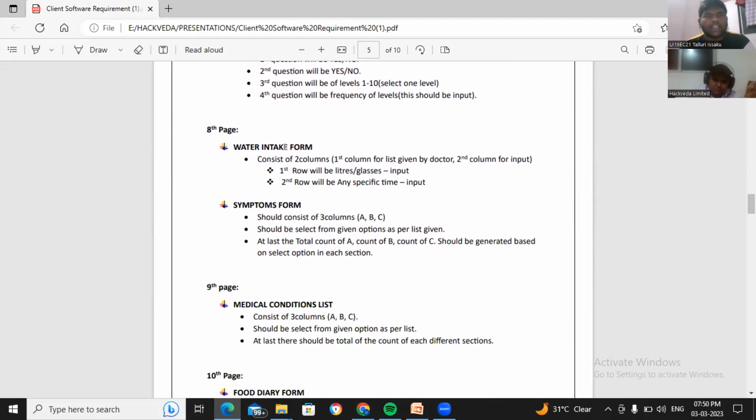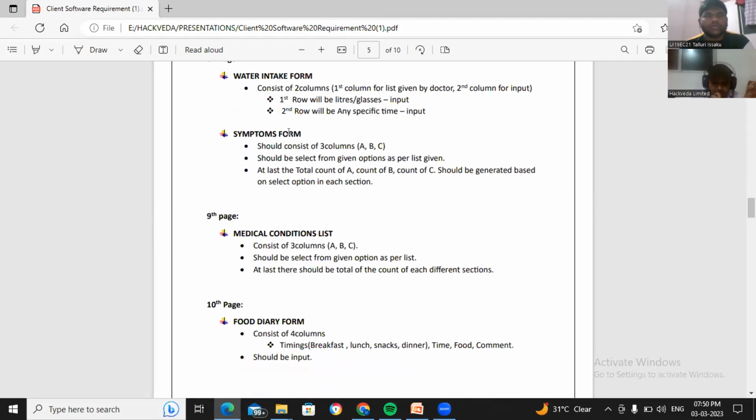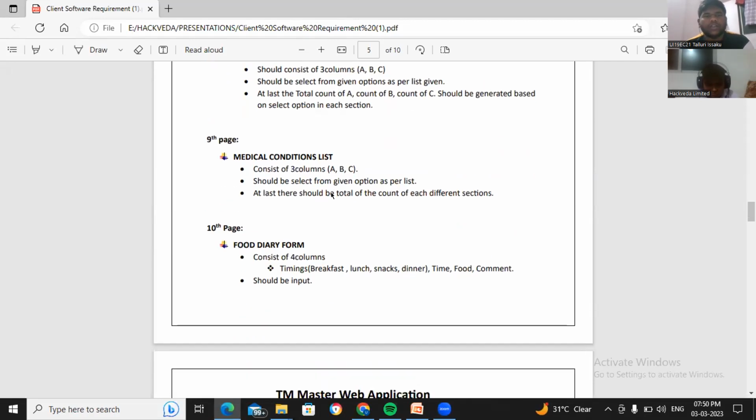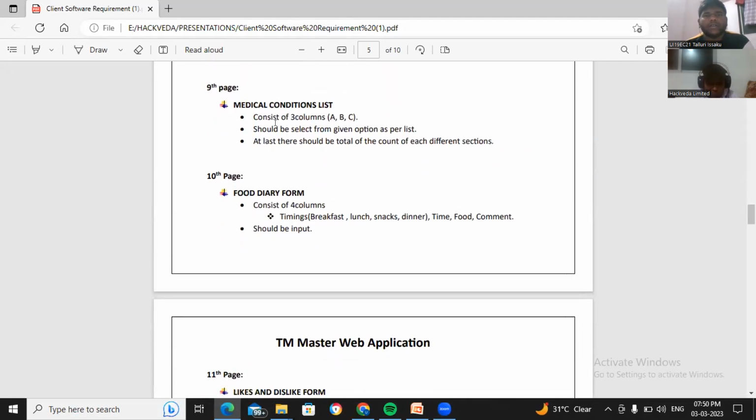Tool form and water intake form, 8th page, consisting of 2 columns. First row will be liters or glasses input. Second row will be any specific time or input. Symptoms form should consist of 3 columns. A, B, C should be selected from the given options as per the list given. At the end, the total count of A, count of B, count of C should be generated based on the selected options in each form. 9th page,